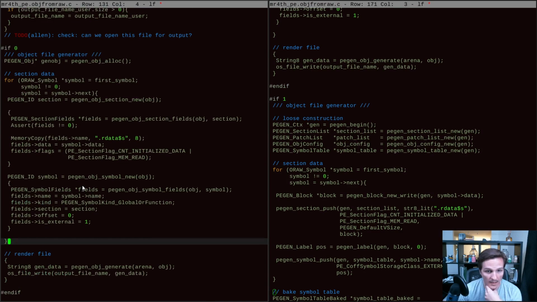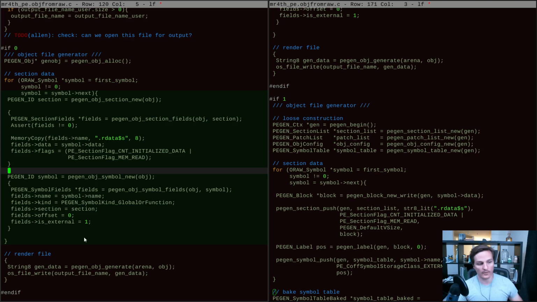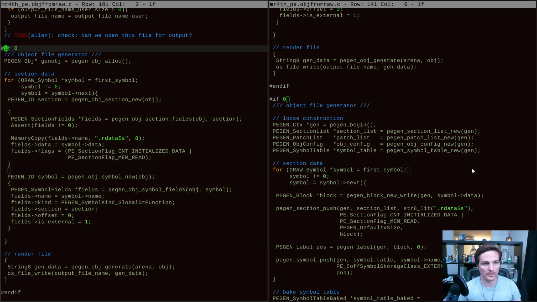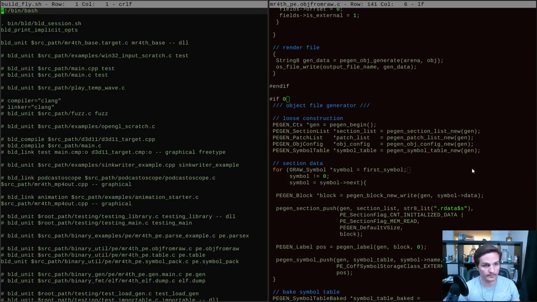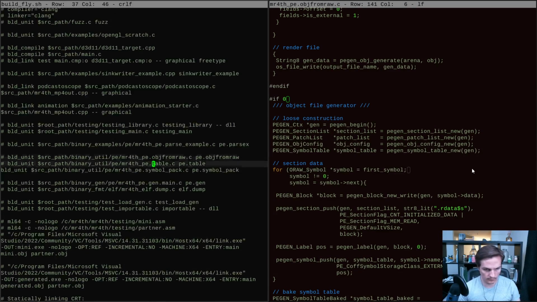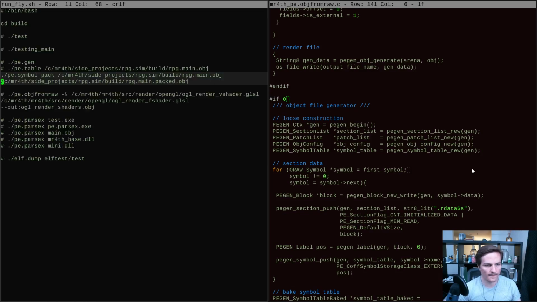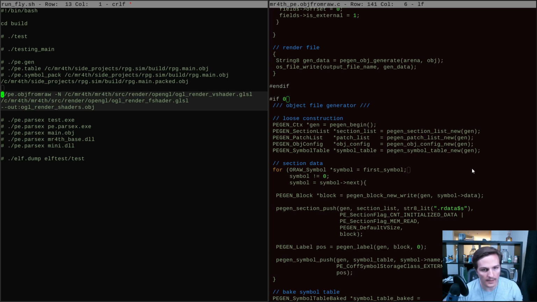The question is now, can I actually pull off an implementation for this interface? I think what we'll do is we'll make this the test case for today. I'll be building ObjFromRaw. And as a test case, I'll run it here first. And then if that's working, we also want to